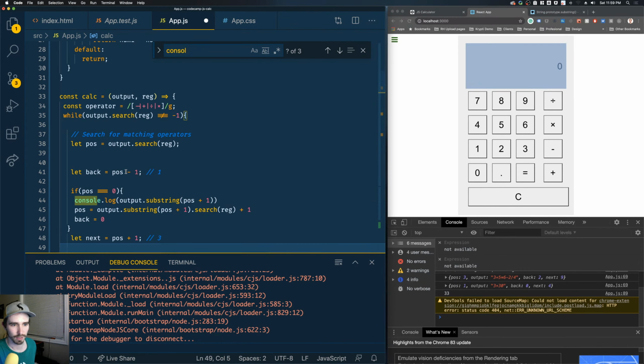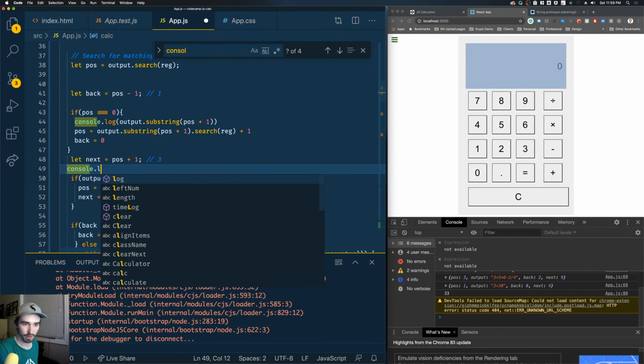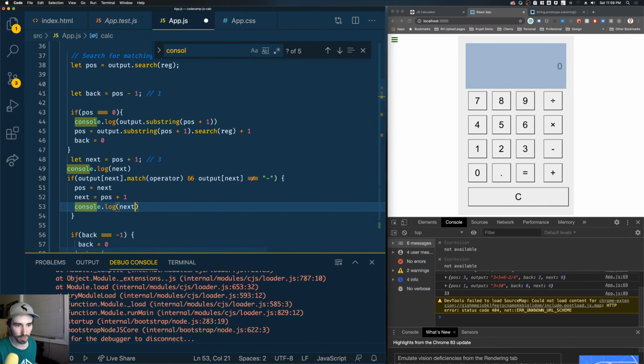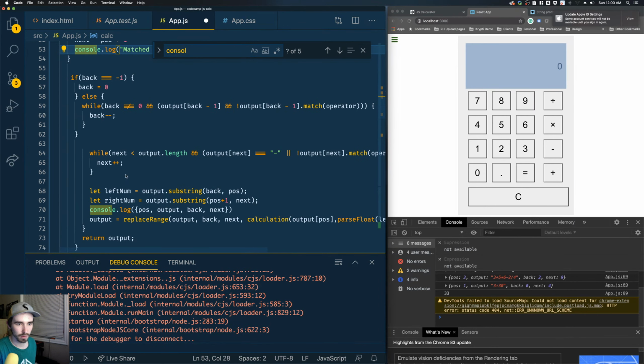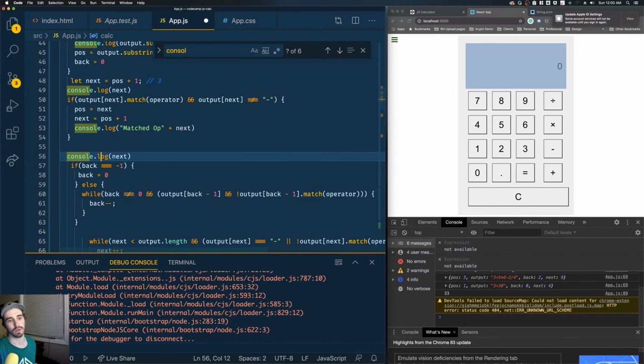Maybe we should just track the progression of the next variable. Let's do that. And we can also just do a op. And then we've also got a